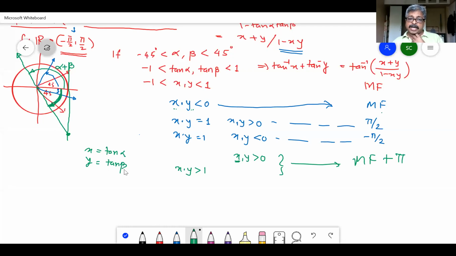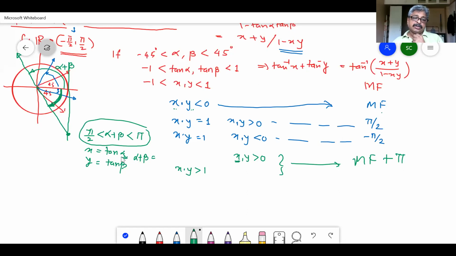So when both of them are getting added, both of them are between 0 to 90, they will be between 0 to 180. In fact, they will be between 90 to 180 in this case. You cannot take them to minus. Why will they be negative? Alpha plus beta is going to be between pi by 2 is less than alpha plus beta is less than pi. That is the second quadrant that we are talking about. So that is what is important.